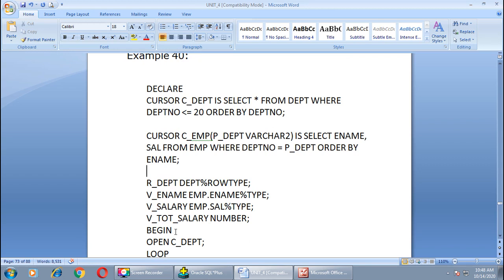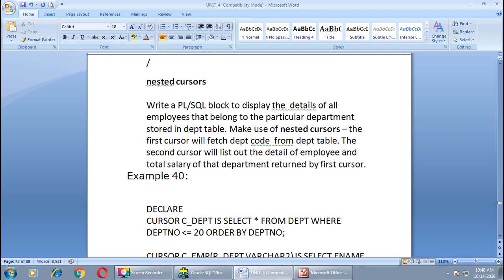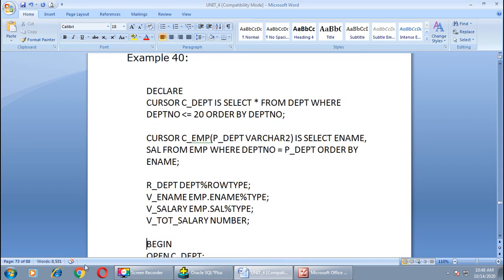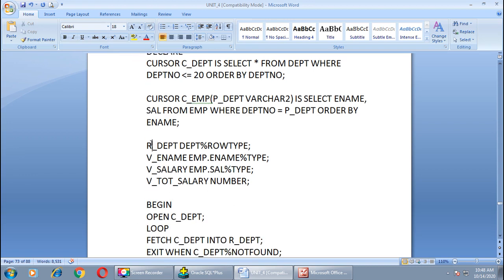Then we need 4 variables: R department, V e name, V salary, V total salary. You can see the data types also. For R department I have taken row type, so we can access all the fields with the help of this variable, right?